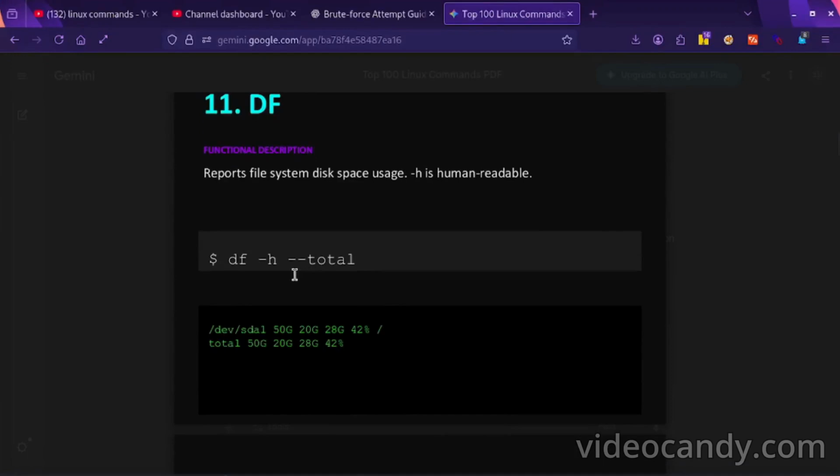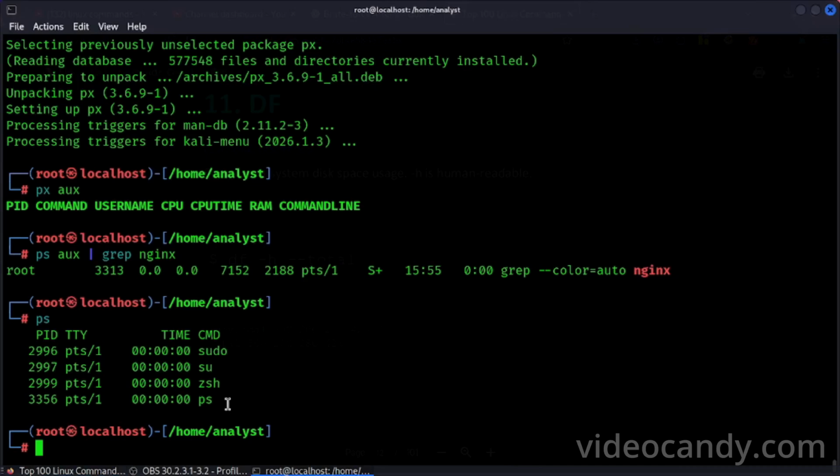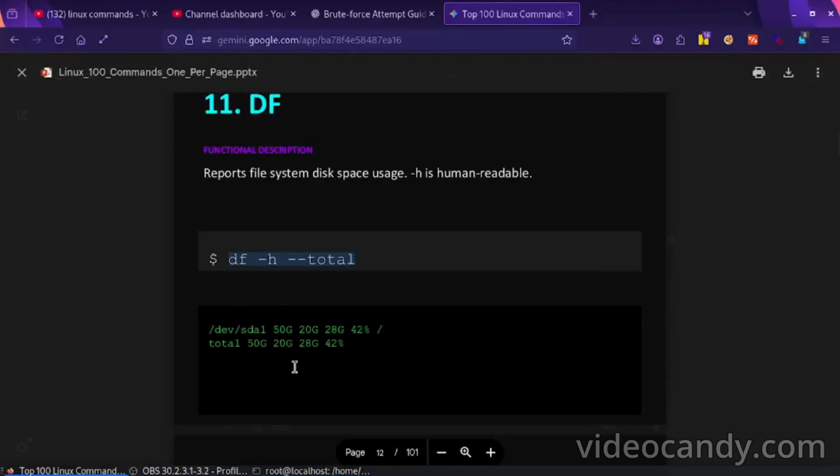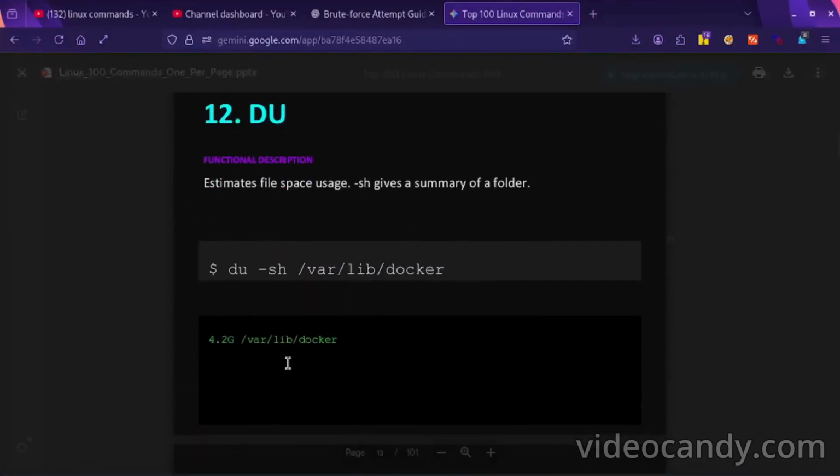df -h, or --total, reports file system disk space usage. -h is human readable. Okay, its output is this. These are human readable. du estimates file space usage. -sh gives a summary of a folder.